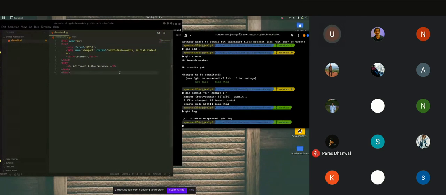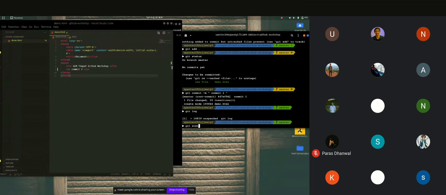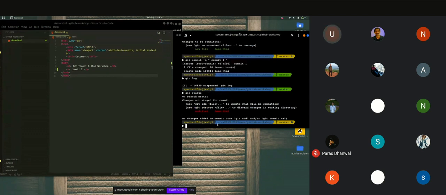So let me make one more commit. Let me do some changes first. We have one untracked file.